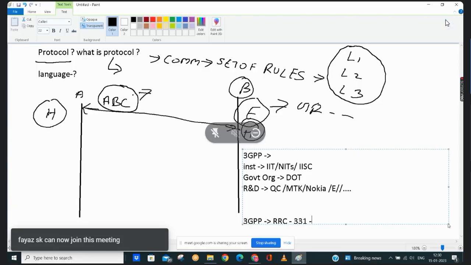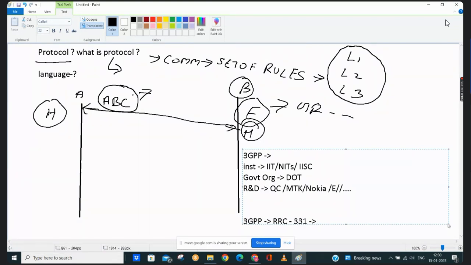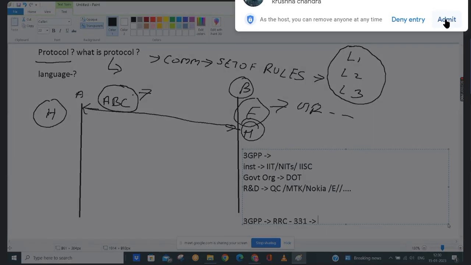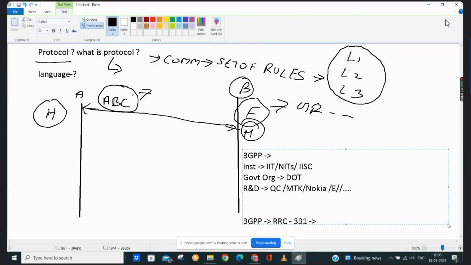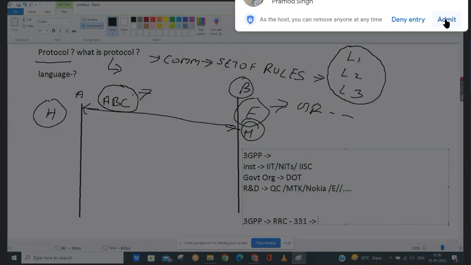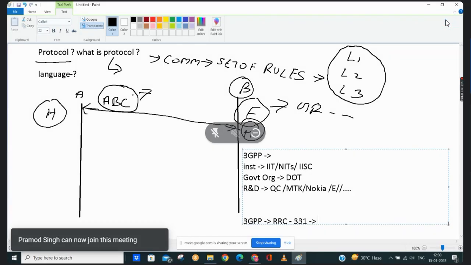I will show you. Every operator and every company has to follow this specification. This is mandatory for all companies, operators, and vendors to follow. So this is the basics of what a protocol is and who defines it.